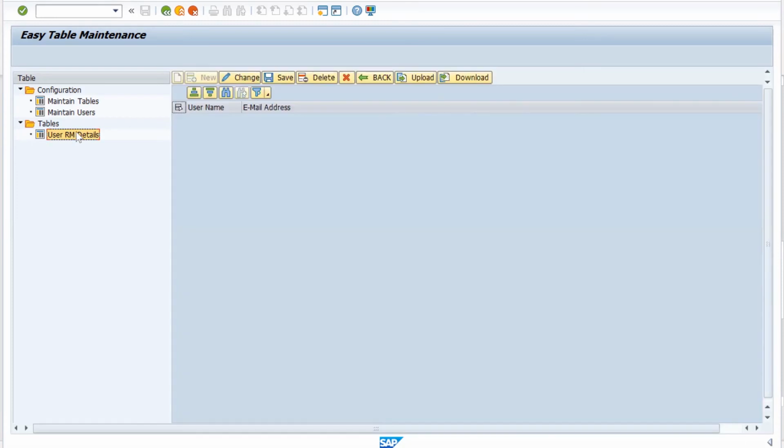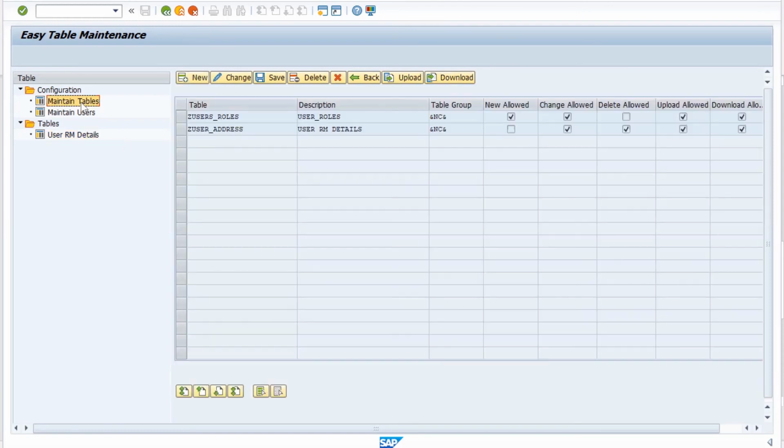When I click on it, I don't have authorization to create new records, but I have authorization to change, delete, upload and download. Similarly, if I want to give any additional access, I can do that. This can be user specific as well, wherein you can maintain the user IDs here itself and provide the relevant access as required for that respective user or group of users.